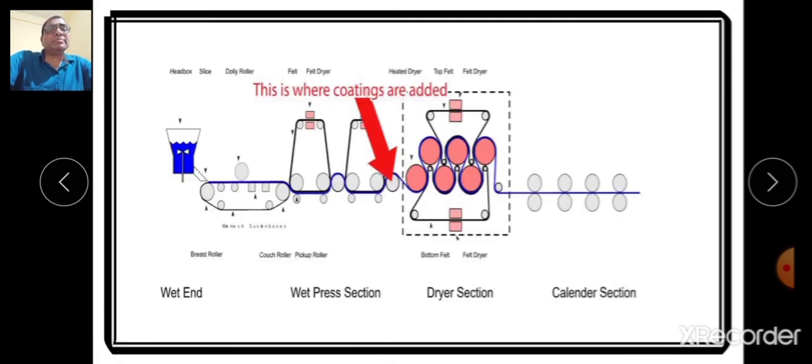Now in the diagram, the four sections of the machine are shown. The first one is the wet end, the next one is the wet press section, then the dryer section and the calendar section. The coatings are added in between the wet press section and the dryer section.